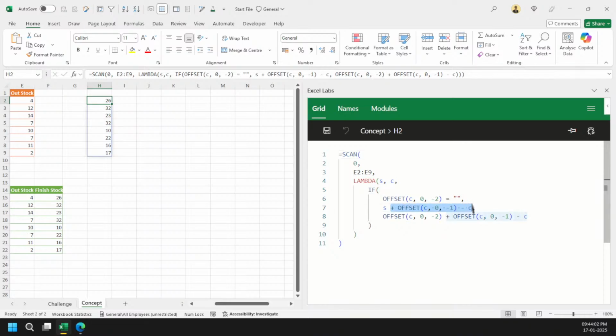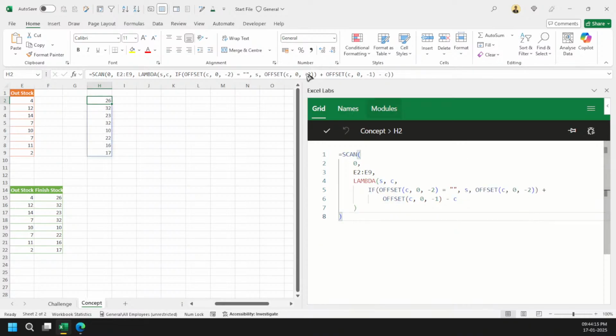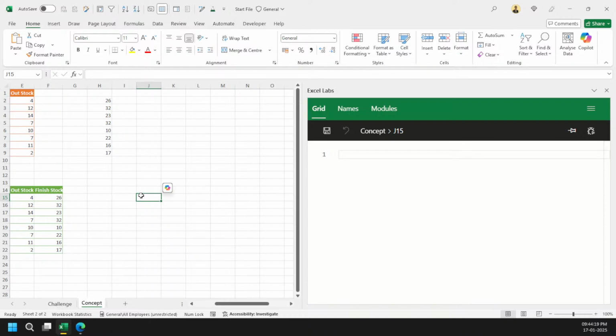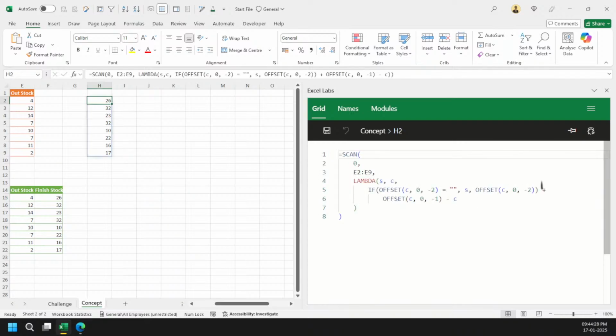I will be simply removing this much part here, and then after coming here, plus this much part. And now you can see that nothing is changing. So I will be working on that example because I did a bit of a mistake there. But yeah, you can understand that I have taken out the common values, and it will make things simpler for us in the future as well.